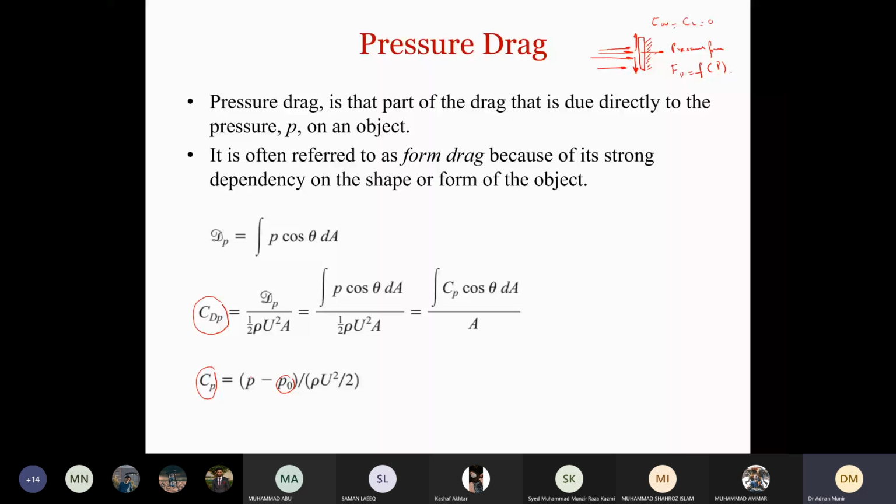So P minus P naught, or you can say this is static pressure, P minus P naught divided by half rho u squared. This is called dynamic pressure. We discussed dynamic pressure is a function of u square, kinetic energy, right? So now we divide P minus P naught by dynamic pressure, and that will give us the coefficient of pressure, the non-dimensional form of pressure. Non-dimensional form of different forces is important to conduct parametric study mostly. So now P naught is the reference pressure, Cp is the pressure coefficient.